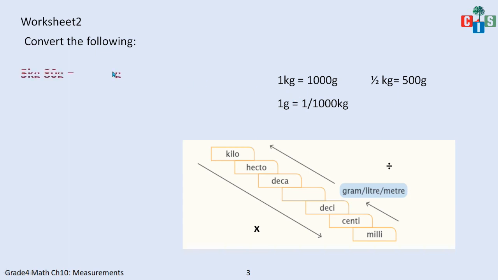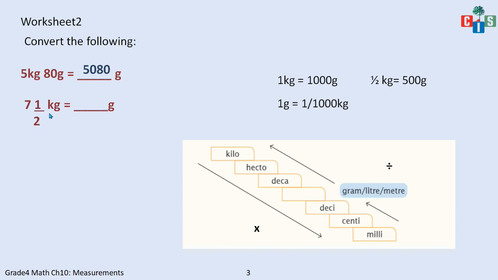Let's have the question which says 5 kg and 80 gram will be equal to how many grams? Now 1 kg will be equal to 1000 grams. So we have 5 kg equal to 5000 grams. I told you 100 grams, it's 1000 grams, yes. So 5 kilogram will be equal to 5000 grams and 80 grams will give me 5080 gram. Clear?